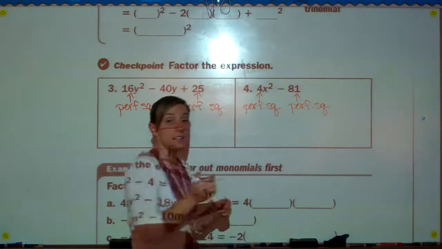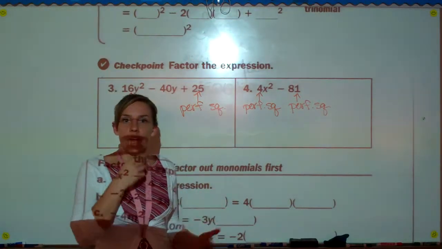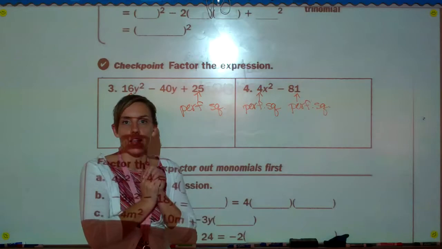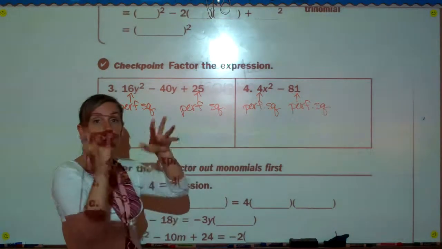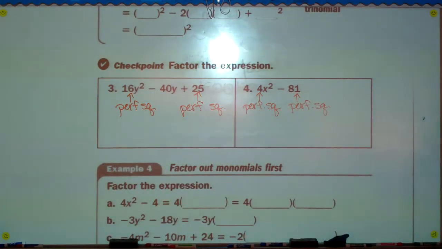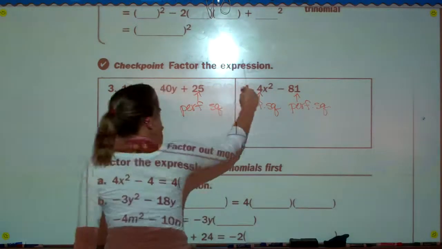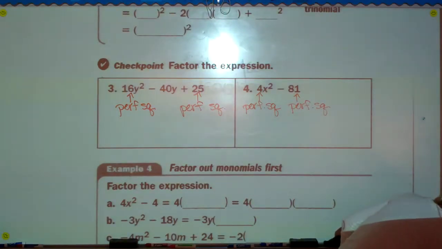So all of these are actually just those patterns that were just on the other page, where you just have to recognize, well, what times what gives you the front, what times what gives you the back, and then just decide the signs in between. So, all right, since the beginning and the end of each of them are perfect squares, let's just break it down into,